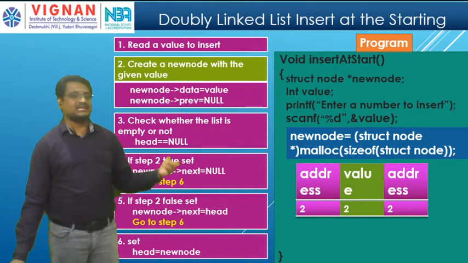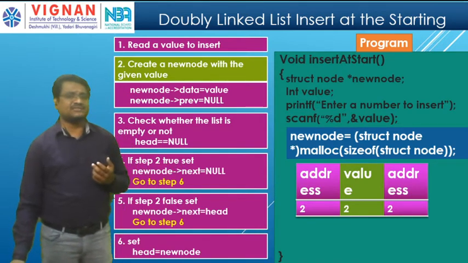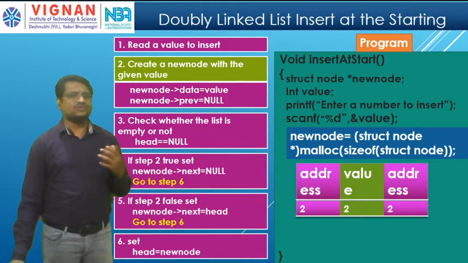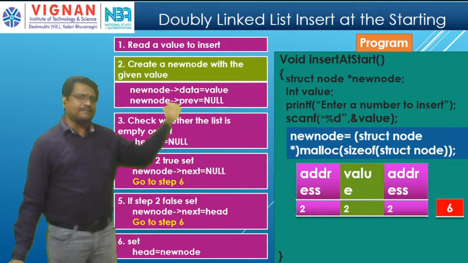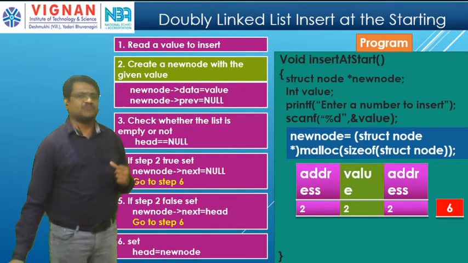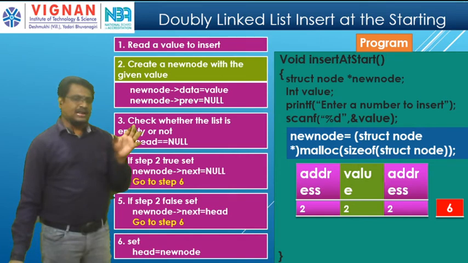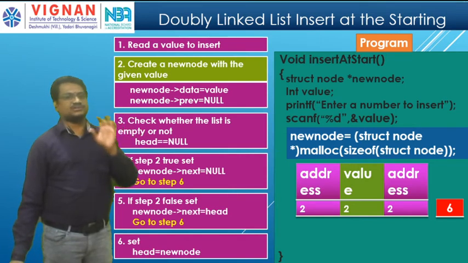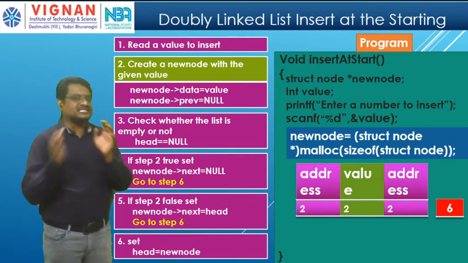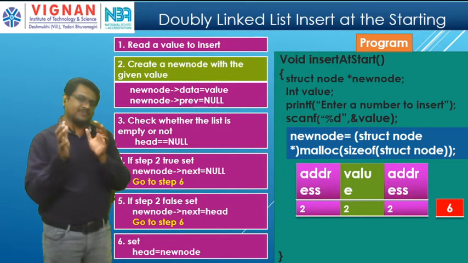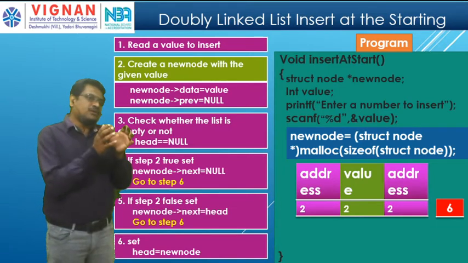Now again address I'm treating as an integer variable. So here again 2 bytes of data. So in total it occupies 6 bytes of data. So here malloc is reserving the 6 bytes of data. Okay. Now malloc size of structure node. So structure node needs 6 bytes of data. That 6 bytes of data is reserved by the malloc.